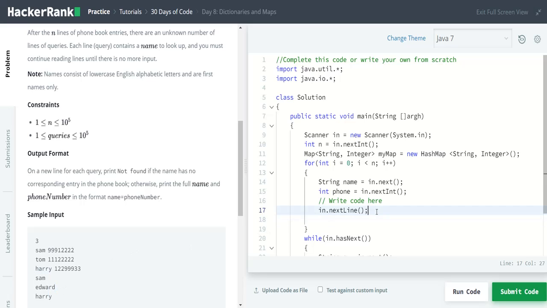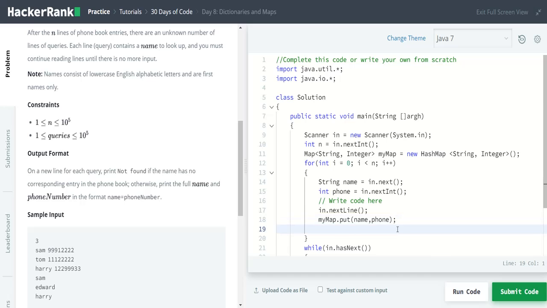So we are using this line, followed by myMap dot put, in braces, name comma phone. As you can see, name is taken, phone is taken. Name is a string, this is an integer, as we have declared in this line. String must map to the integer.